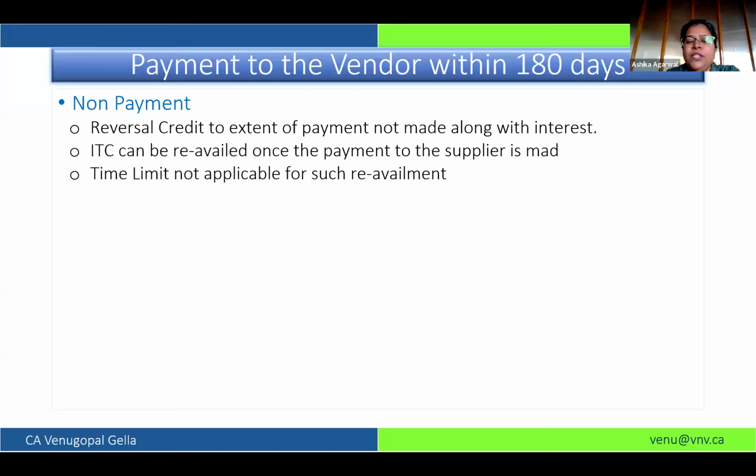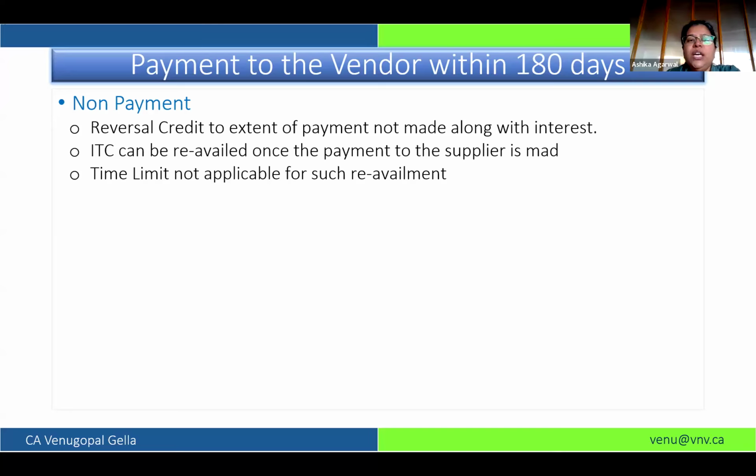And if you have been subjected to audit, you will find this is the most common question raised by any audit officer. So you just need to check if any such circumstances exist, you have to reverse the ITC along with interest, and once you make the payment to your supplier, you can reclaim the ITC.